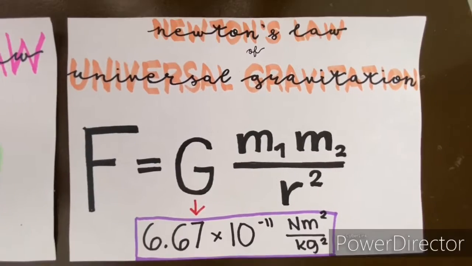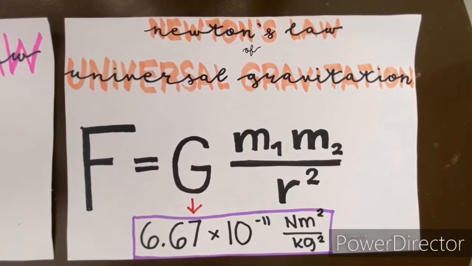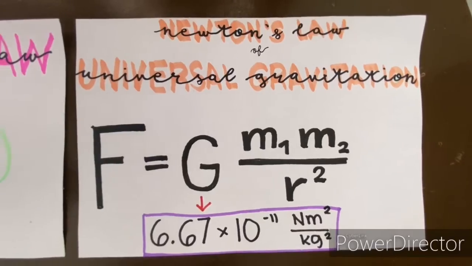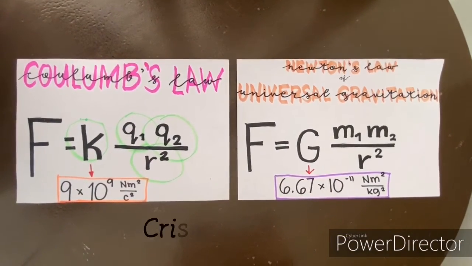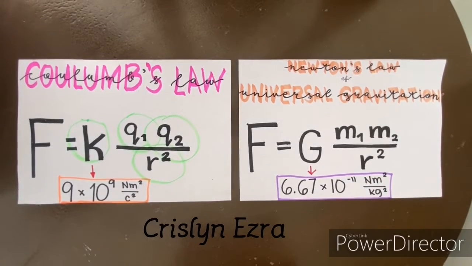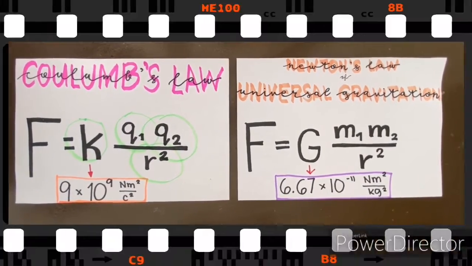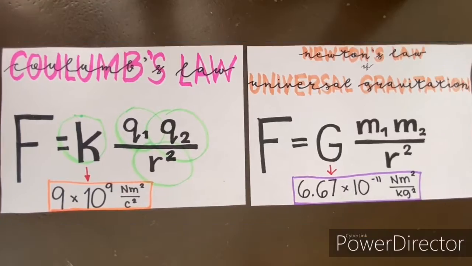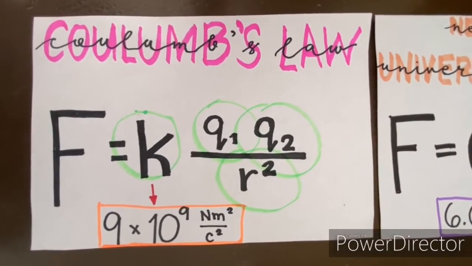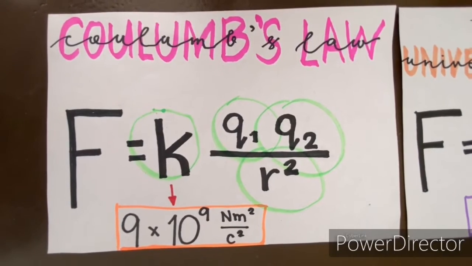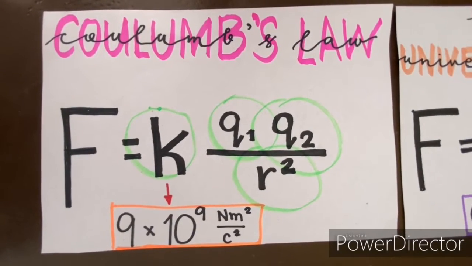This is essentially identical to Newton's law of universal gravitation. The only difference is that electric force can be attractive or repulsive depending on the sign of the terms and the resulting sign of the force, while gravity is always attractive. Coulomb's law tells us that the electric force between two objects increases as charge increases and decreases as the distance